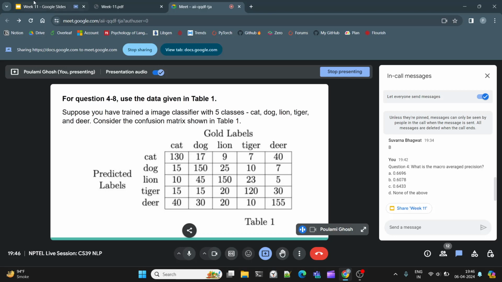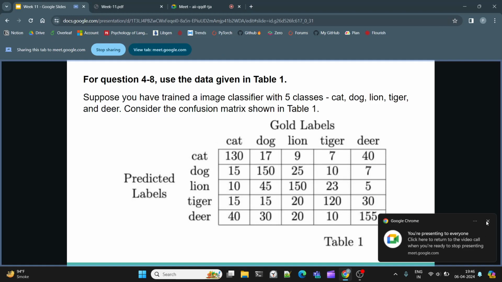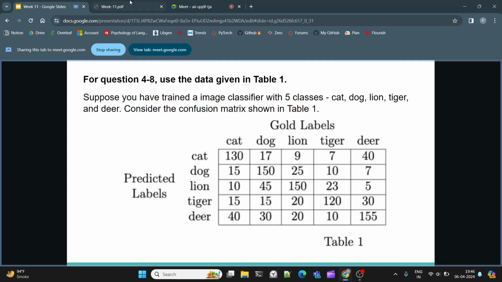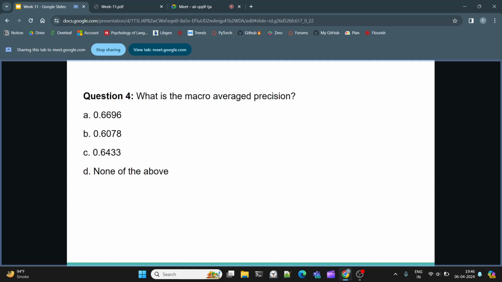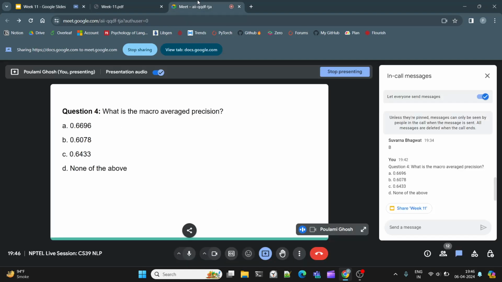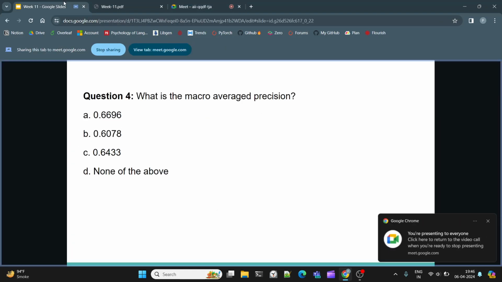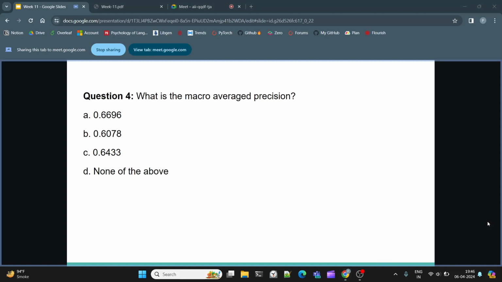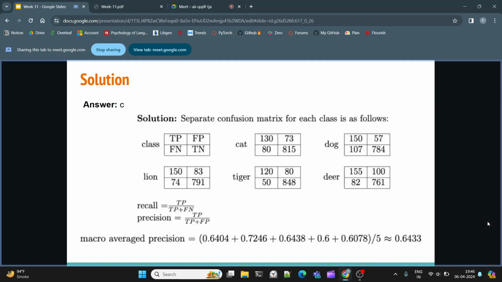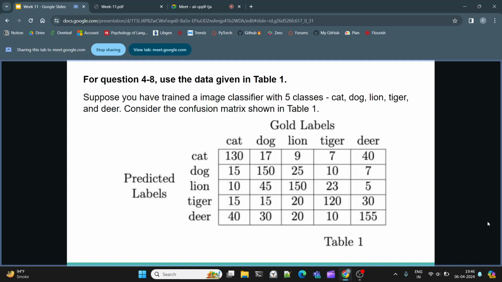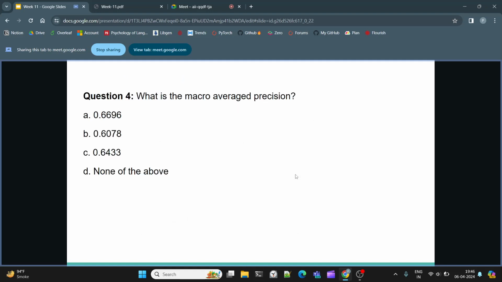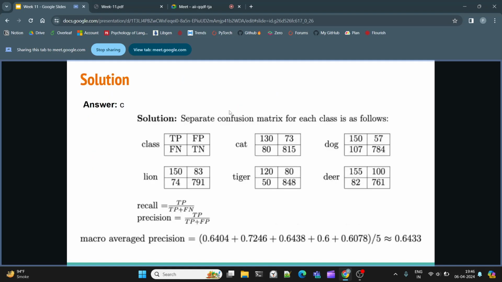Maybe this is a different kind of problem. Maybe that is why you all are stuck. Let's just discuss the first one, then maybe from the next one onwards it would be easier. So the first question is we have to find the macro averaged precision. How do we do this? We are given this huge table over here. From the confusion matrix, for each of the specific classes,